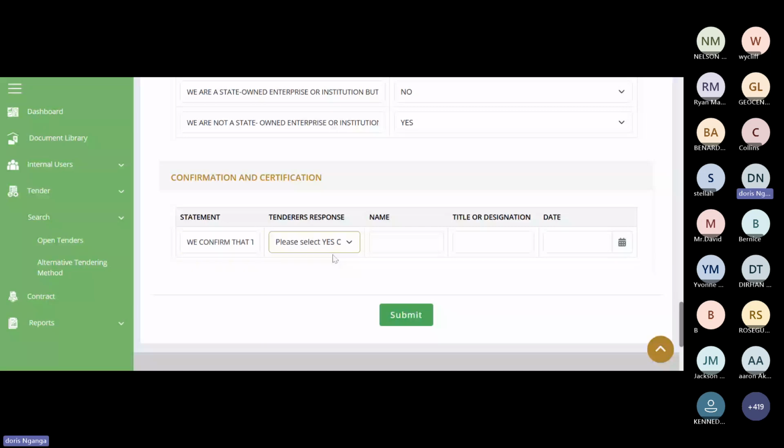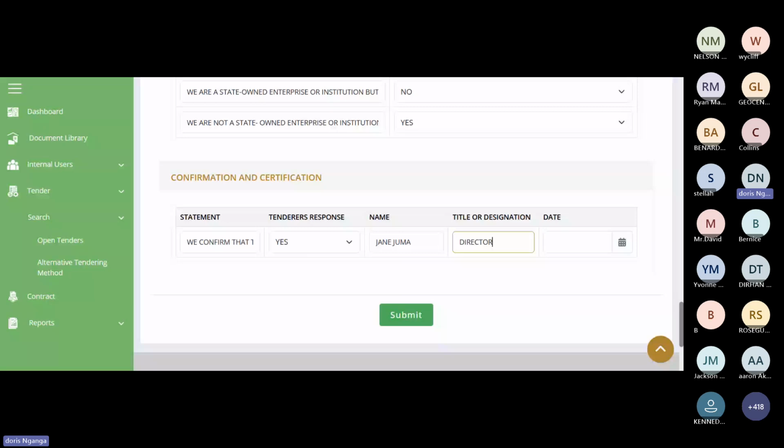And then the person filling this document, not the name of the company. This is the director of the company, so I'm going to type my name, Jane Juma. The second part is my title or designation in this company. I'm a director.